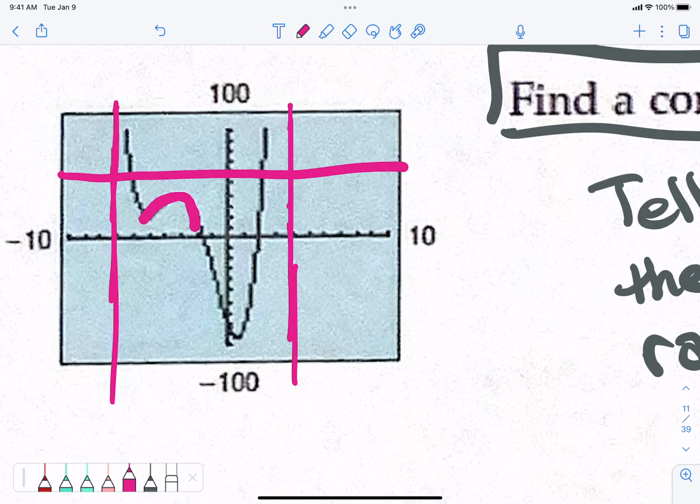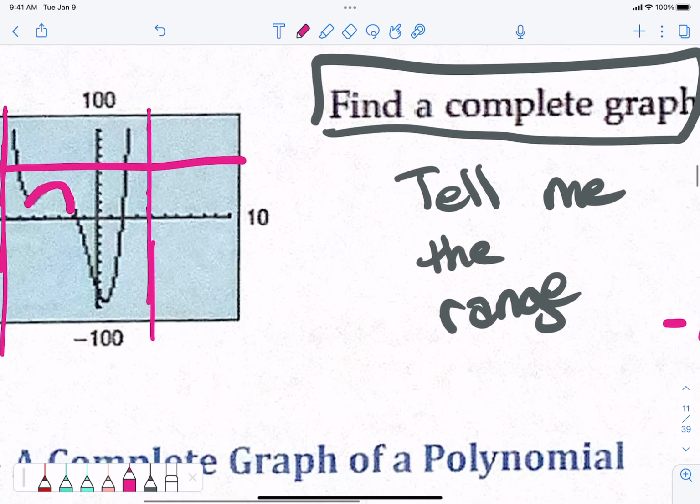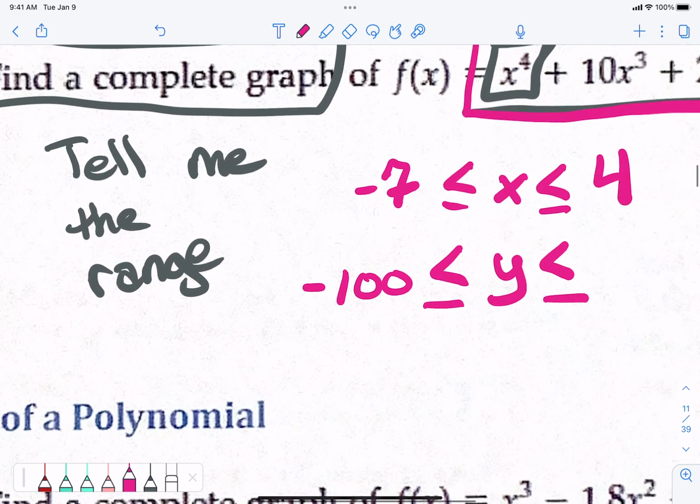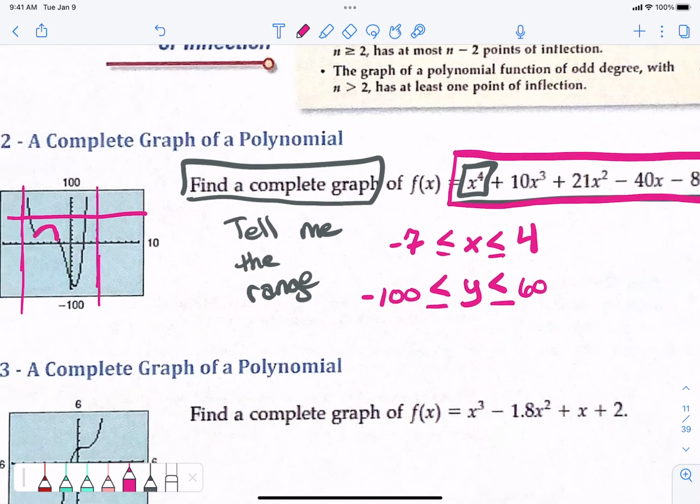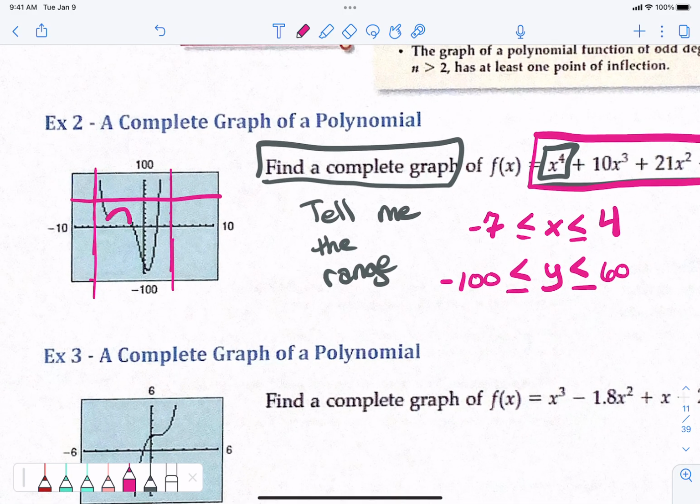On the top? 60. Like 50 across the top? 60 maybe? Should we do 60 across the top? I don't know. Okay, so let's go negative 100 to 60 on the y-axis, all right? To pinch him in a little bit smaller. So our range, our viewing window would look like this instead, right? And I would be zoomed in just a little bit better and not have as much wasted space,